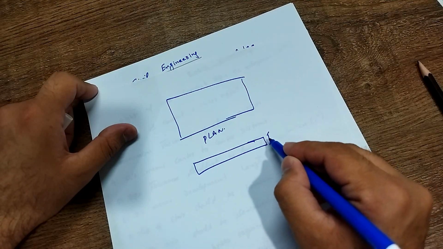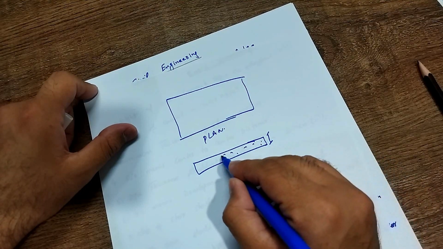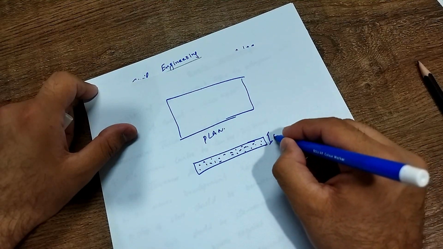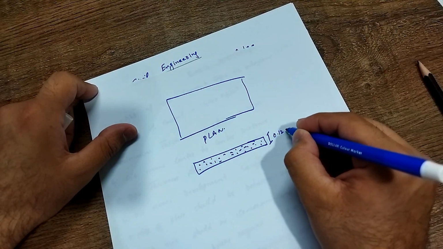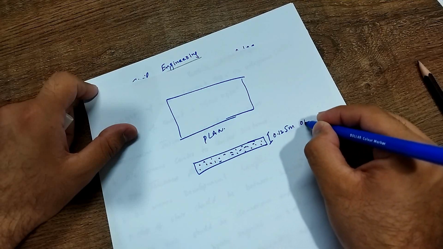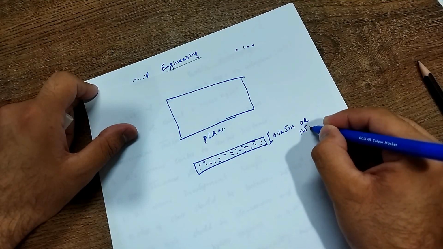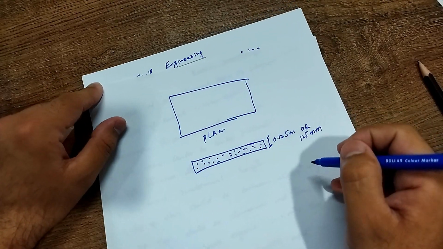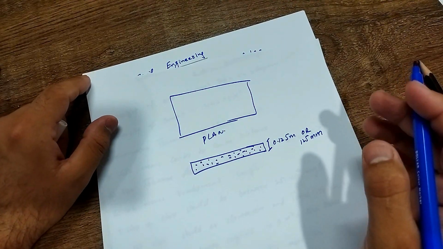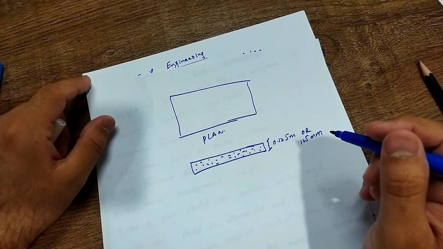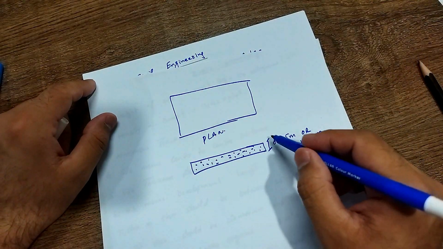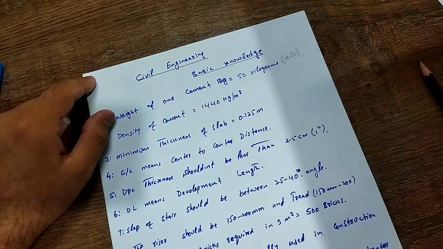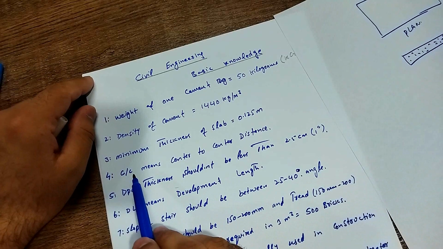So viewers, in the section you can see the thickness of slab is 0.125 meter or 125 millimeter. This is the minimum thickness of slab. Or nowadays in high-rise buildings or any huge buildings, this depends on the structural design and the reinforcement. Okay, next is